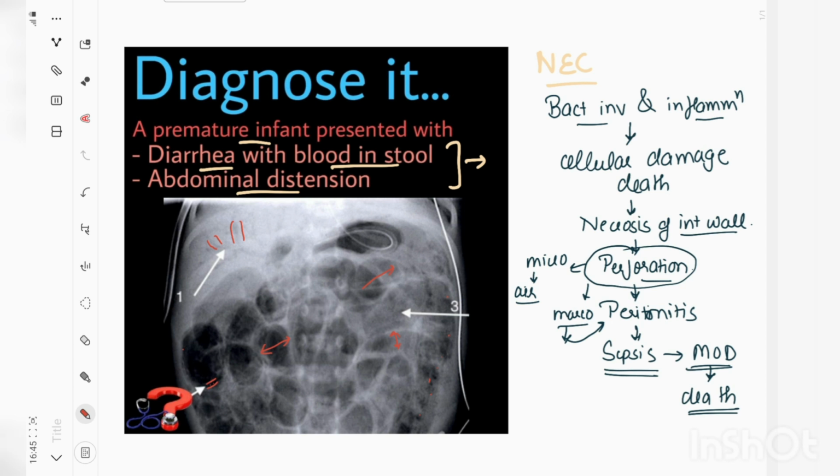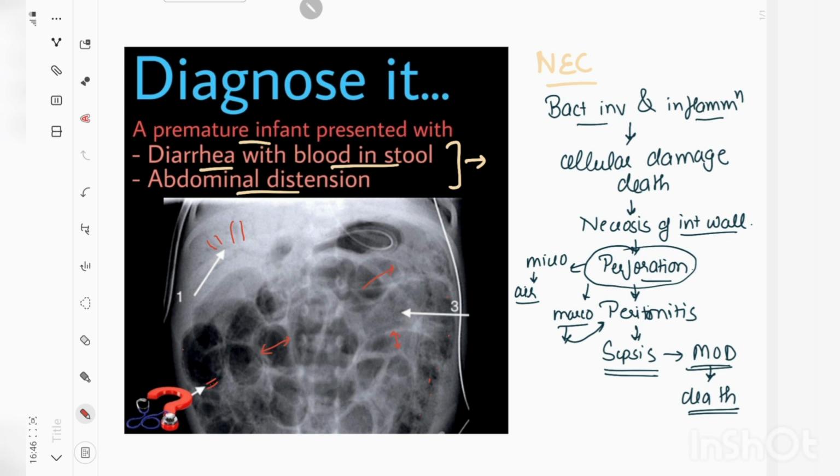And subsequently, the child should be started on total parenteral nutrition and IV antibiotics in the form of broad spectrum, like for the gram-positive bacteria, ampicillin, and for gram-negative bacteria, clindamycin as well as metronidazole should be used. After some days to weeks, it may take some weeks even, to recover. The child's recovery can be noted by the normal bowel movements.